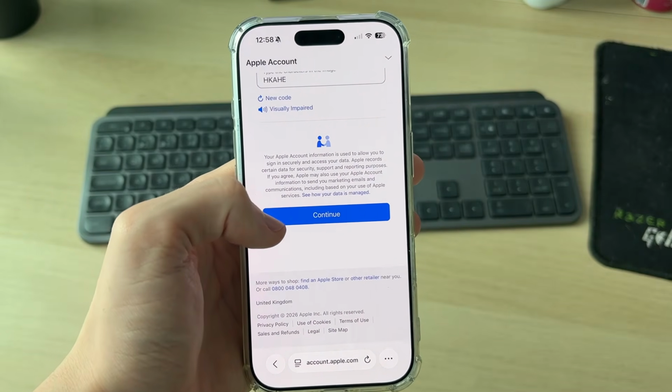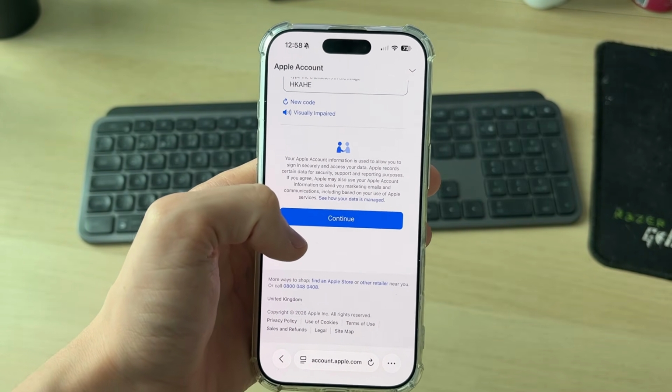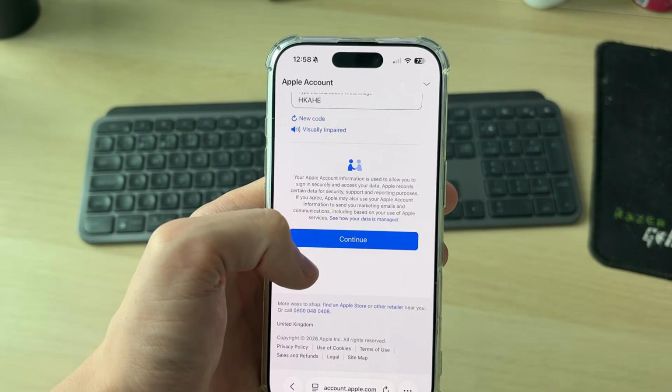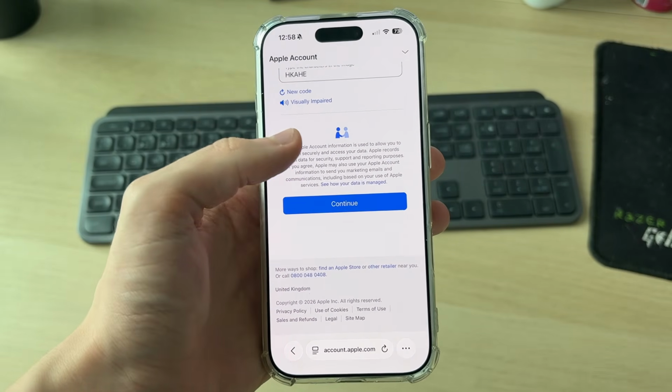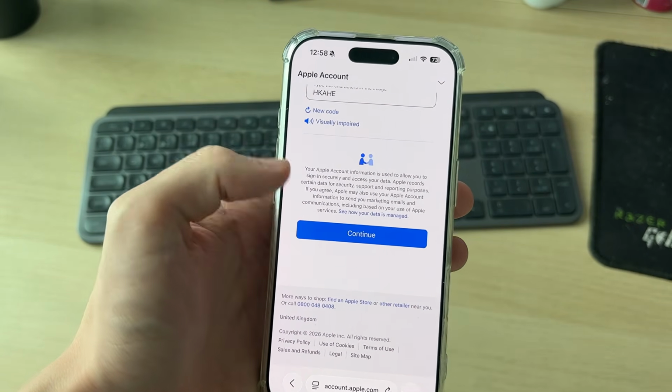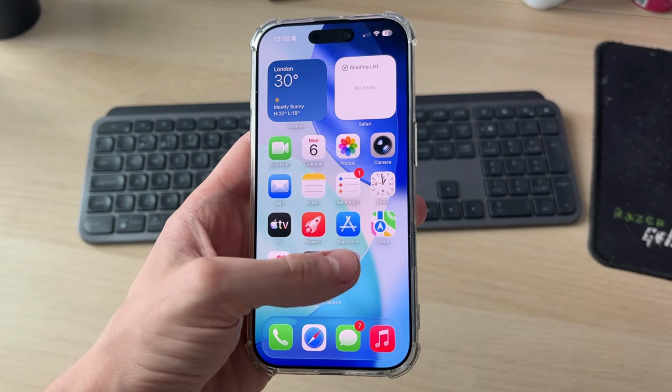After you've done that, you're then going to press continue at the bottom, and you'll need to verify your email and phone. You'll get a code sent to it. After you've verified it and you've got your account, you can come out of Safari and come to